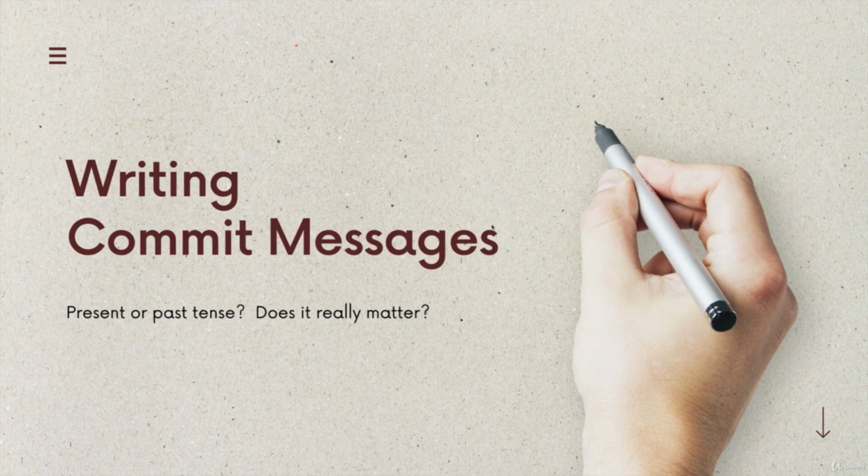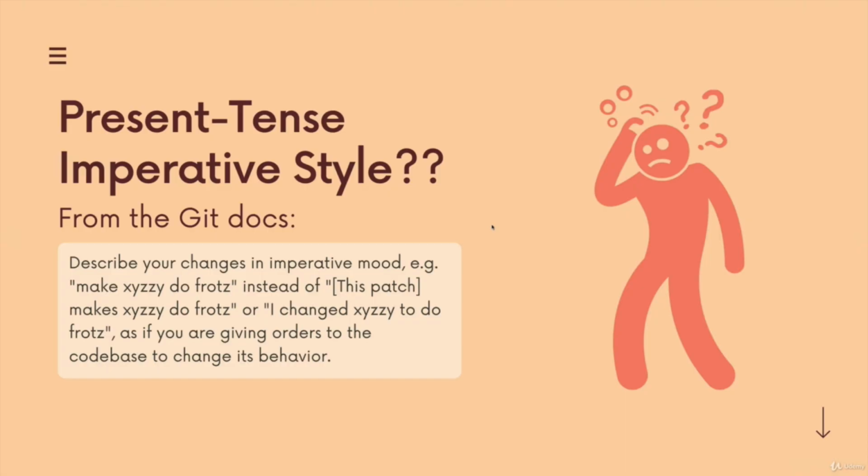Next up, a quick video on commit messages and which tense, present or past tense, you should use while writing them, and does it even matter? This is kind of a weird thing in Git. It always baffled me when I was starting out, but the Git documentation officially recommends that you use present tense imperative style commit messages. So present tense, meaning verbs like make something or change X, fix X, instead of past tense,